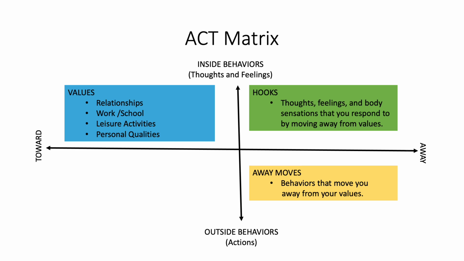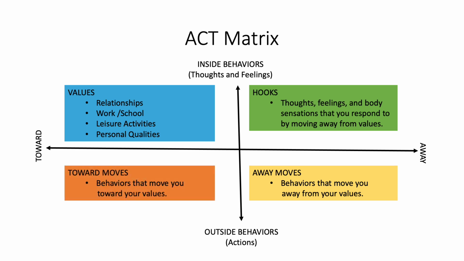Next, we move to identify examples of behaviors that move people away from their values. The general term I like for this is away moves. After the client is familiar with this language, we might explore things like, when you ended the evening early and went to bed, was that a towards move or an away move? Finally, we spend some time identifying examples of behaviors that work to move the person toward their values.